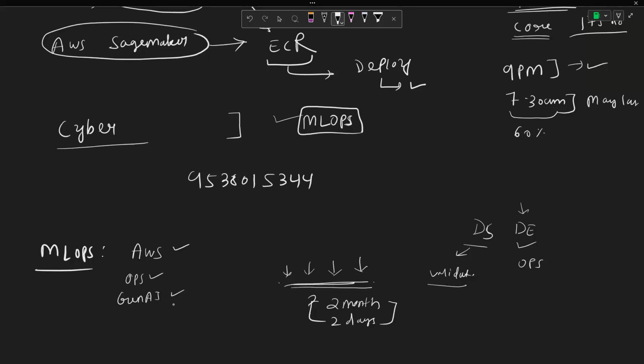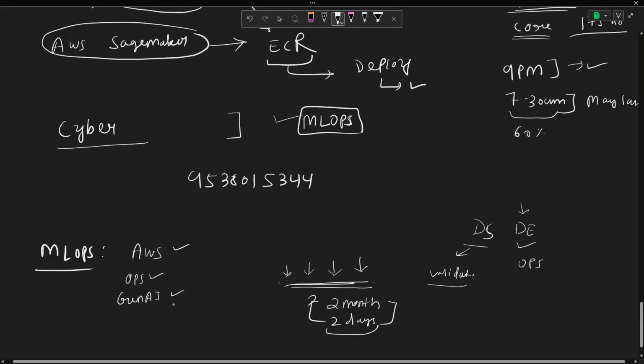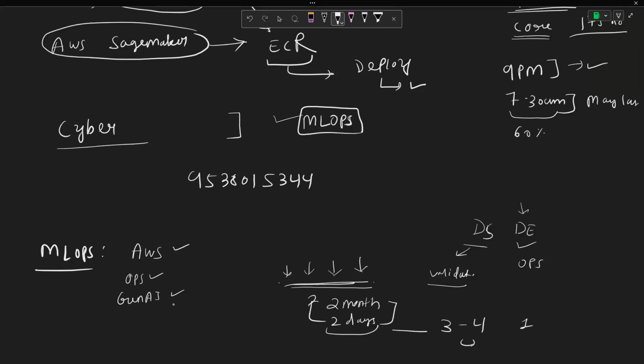So why will somebody hire a data engineer, when in 2 days you can build your model and maybe 3 or 4 days you will spend deploying it? Within 1 week, you can build simple applications. Nowadays, I'm telling you, this is the trend going on. You don't believe me, go after the class, go to Naukri, Indeed, different platforms, LinkedIn,